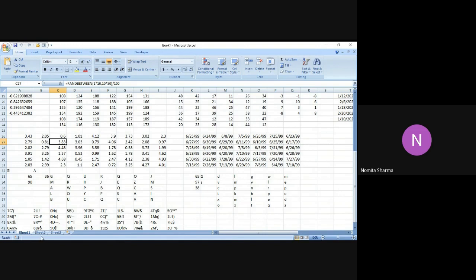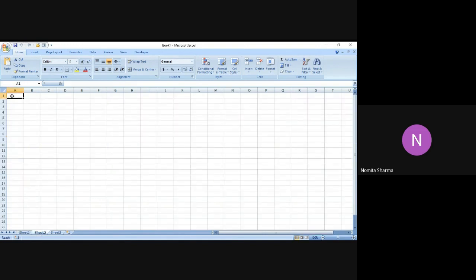So let me go to the Excel sheet 2. The simple thing is that we write equal to RAND function. The moment you write it over there, it is going to tell you the meaning of the RAND function, and it will also give you the syntax. And as I've already told you, in the RAND function we don't have to give any argument.